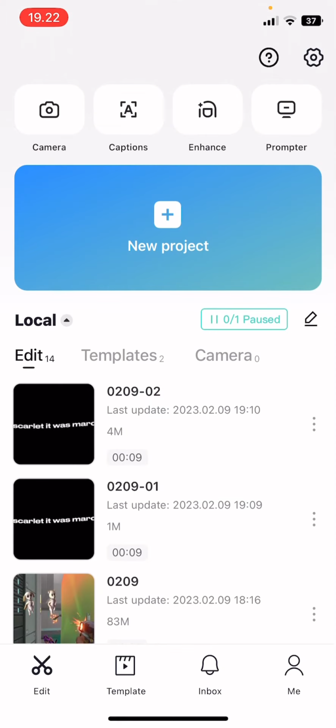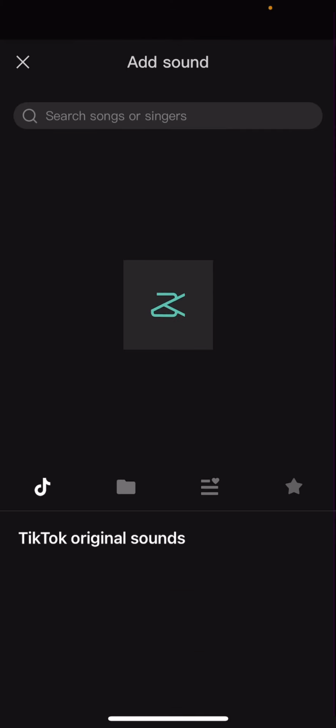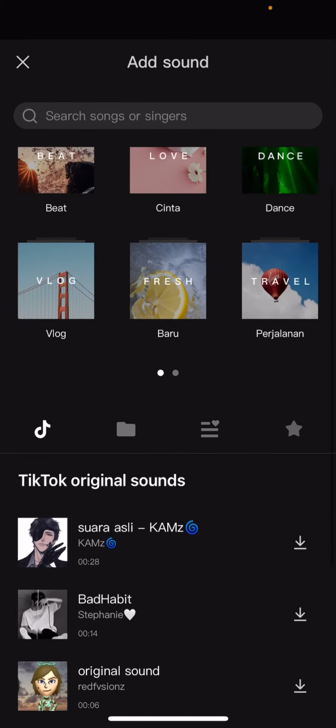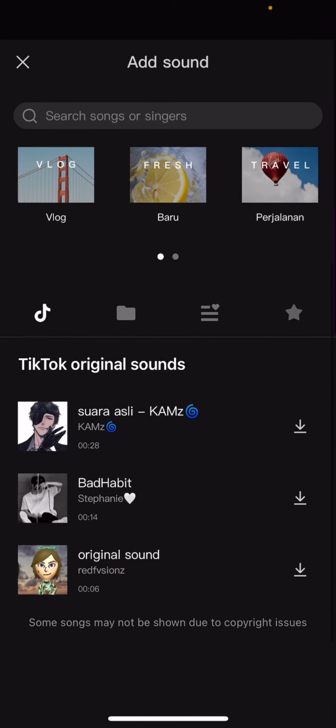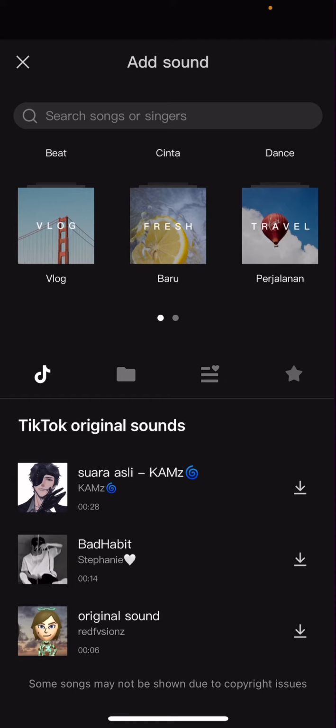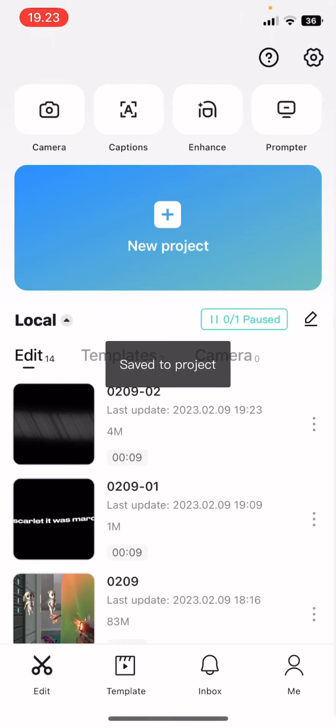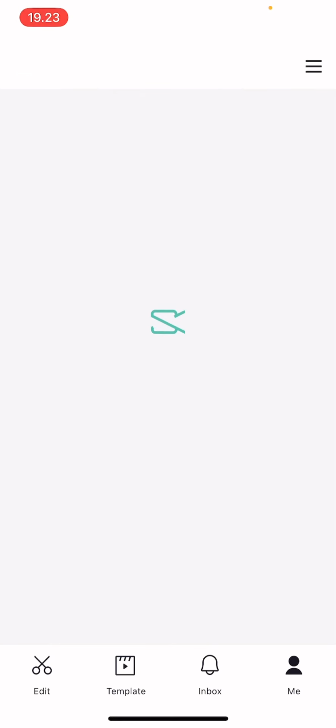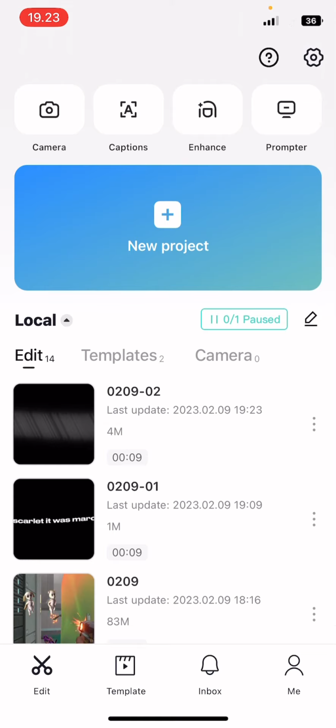Go back to CapCut, select any project, and go to audio here, and you are just going to go to sounds, and you're going to see that some of the songs linked to your TikTok account will be here if you log into TikTok. So go to me to log in, but if it's not there, you can just select the video and then